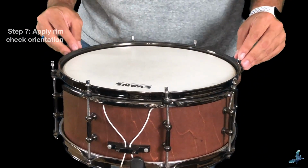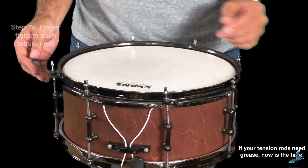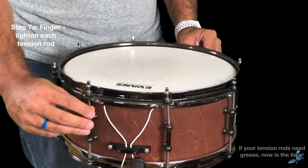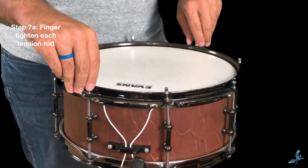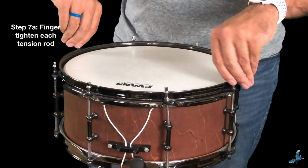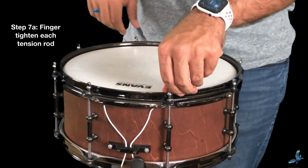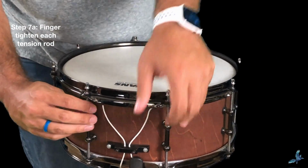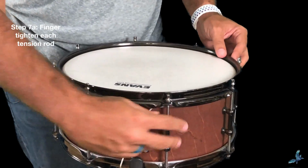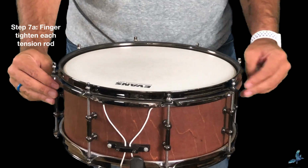Cool. So at this point, since there's no tension on the drum, we can kind of do whatever we want. What I usually will do is take two at a time, just with my hands, and I'll finger tighten everything. All right. Now, not to be too scientific about this, because further than this, we would want to tune the drum for whatever tuning we were looking for. That's actually going to be a separate video. It's a whole other thing that requires some time and effort. But this is really just, if you can get your head changed, that can be a really good thing for maintenance of the drum. So you can maybe avoid injury to the bearing edge of the drum, or putting extra tension on the shell where it doesn't need to be. As I'm adding finger tightness here,